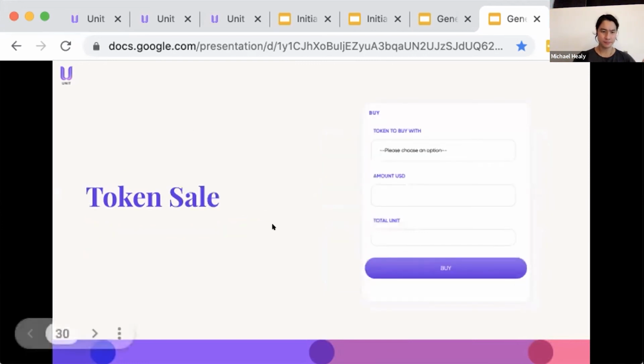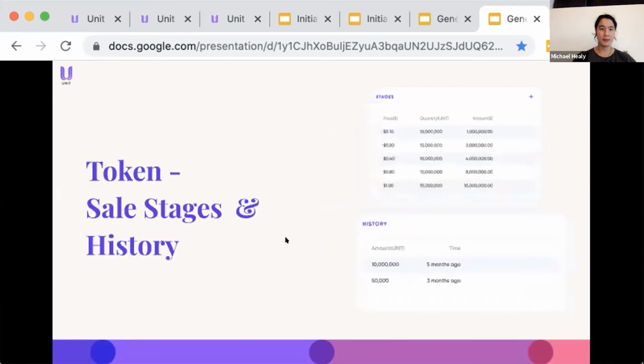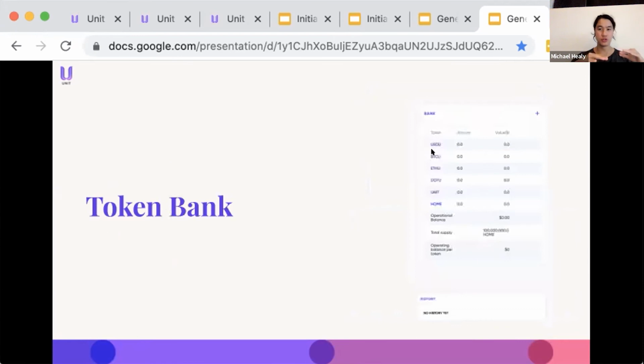The sale feature. So this basically lets people buy the token from the operator. And how that happens is people basically set a number of sales stages. So here you can see the sales stages for the unit token sale. There's 5 different stages. It started off at 10 cents, 20 cents, 40 cents, 80 cents, $1, and unit raises $25 million for a total of 50 million tokens. So let's say if you created a Sam token, a Chris token, a Zachary token, a Gil's token, you can really choose however many tokens and at what price you want to set it at. So it's quite cool. And it also allows people to be rewarded if they're one of the early adopters of